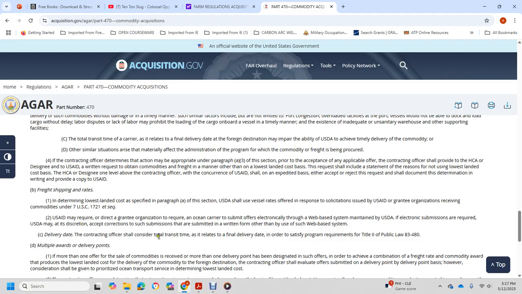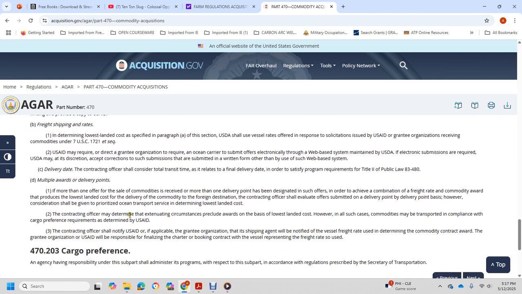To validate, the contracting officer should consider total transit time of the relief and the final delivery date satisfied with the program according to Title II, Public Law 83-480. Multiple awards, delivery points. If more than one offer of the sale commodity is received with more than one delivery point designated for such offer, and to achieve the combination freight rate of the commodity award with the procedure of the lowest landed cost of delivering the commodity to the foreign destination,